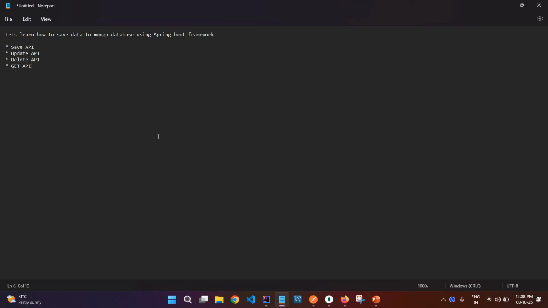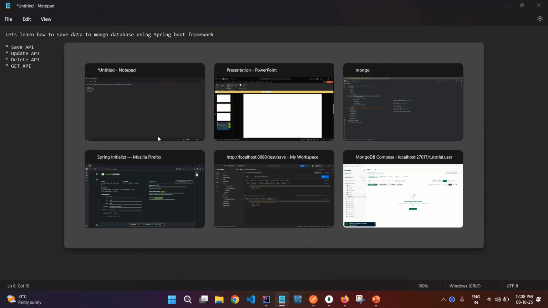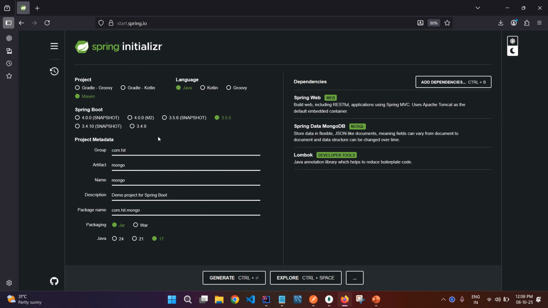In this session, we are going to see how to use Mongo database using Spring Boot framework. So we will cover all these four endpoints: save API, update, delete, and the get API. So let's get started. To begin with, you have to visit Start Spring IO website, and I have chosen this